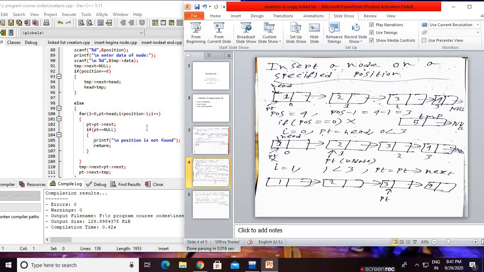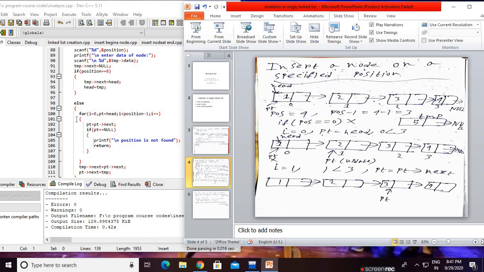Then pt equals pt arrow next, that means pt is updated again. What is pt arrow next? Pt arrow next is this. The node with value 3 now becomes pt. Previously pt was here, but after updating, pt is now pointing to the node whose data part is 3.